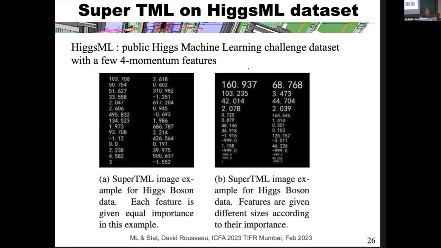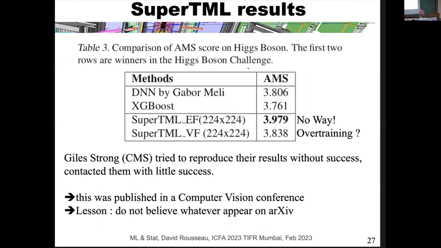And they run, and then they pretend. They show here the significance. So the first two are the reference significance on this data set, and they pretend to have in the paper better result, which is just impossible.